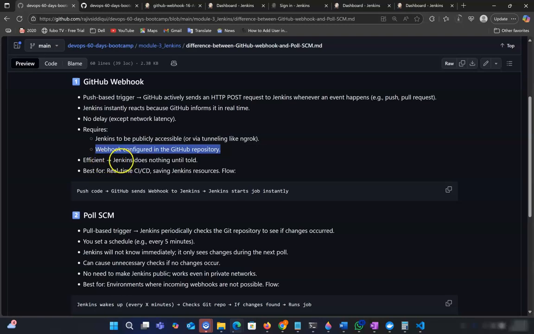So it's efficient: Jenkins does nothing until told. Jenkins will do nothing until GitHub tells Jenkins to run that pipeline. It's best for real time and saving Jenkins resources, because basically